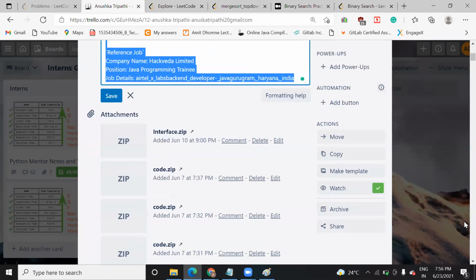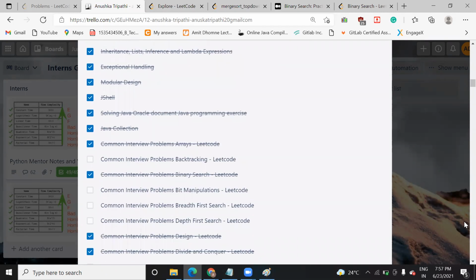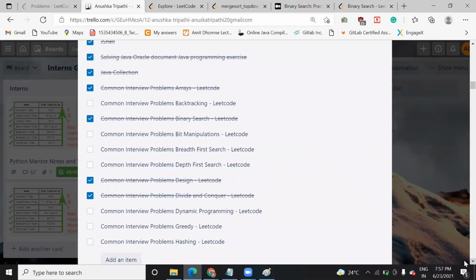Designing the code means what you should take into consideration before writing the code. Design can also mean the UI part, but in LeetCode they don't ask you UI. They usually apply the logic; they ask you the logic on the back end part, not the front end part. Just 1 minute, I got a call.